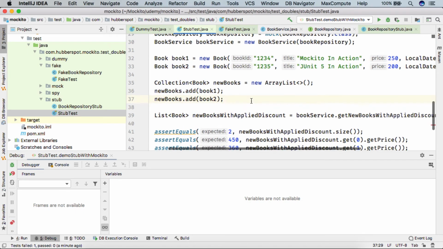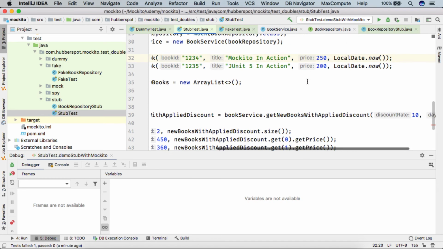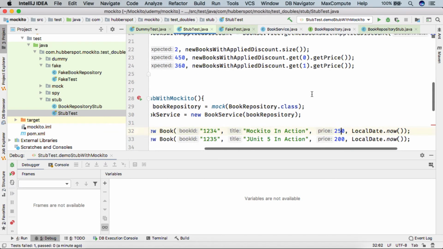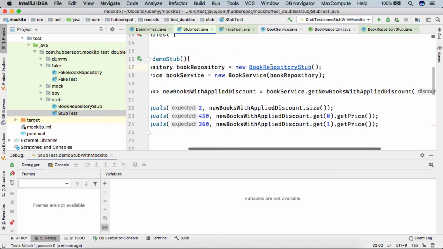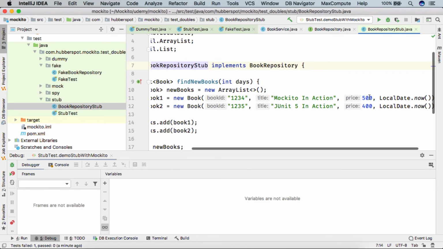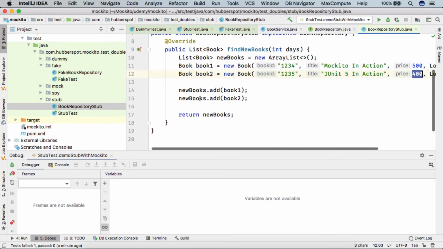Let's say we created a list of books by providing 2 books, and let's say the price would be... So here in our book repository stub, we kept the price as 500 and 400, and we simply added these 2 books and we returned the books.